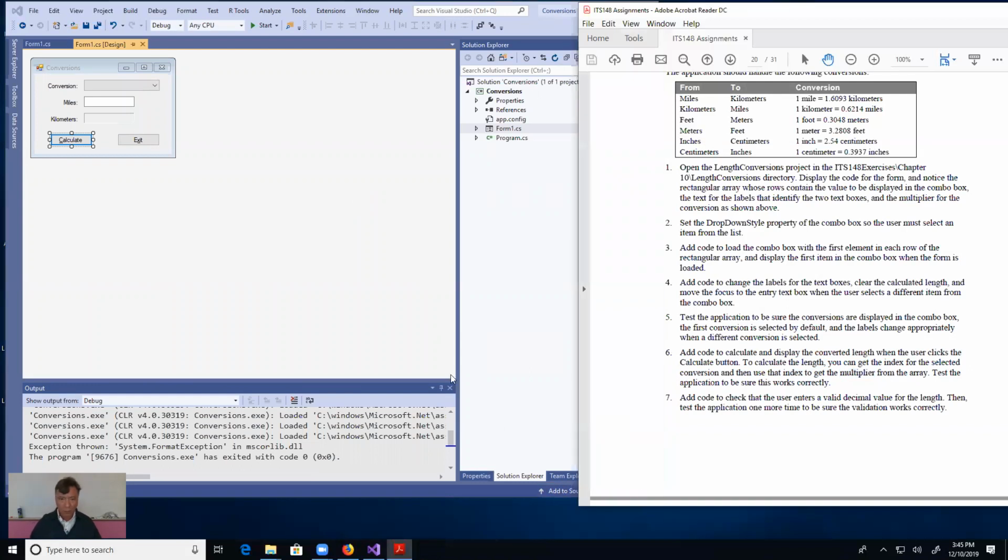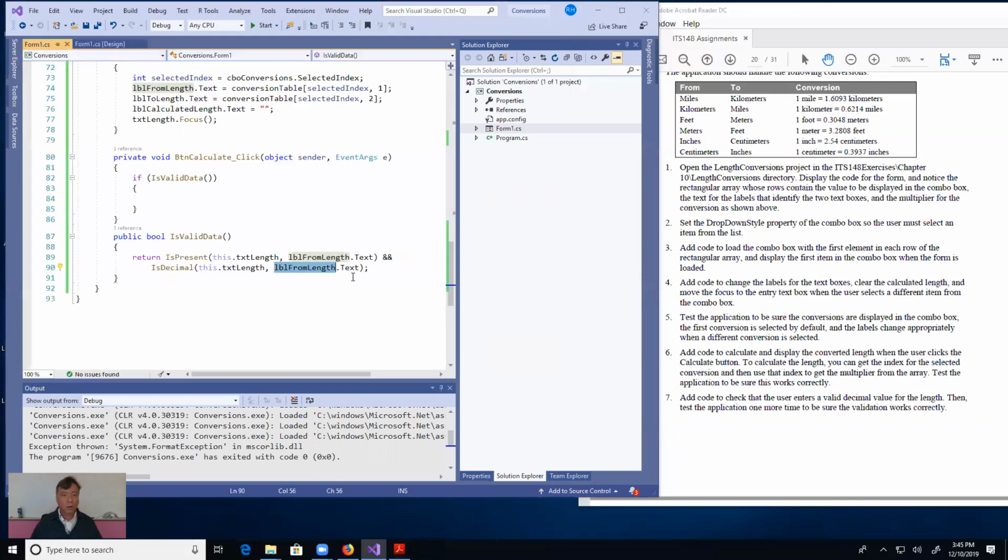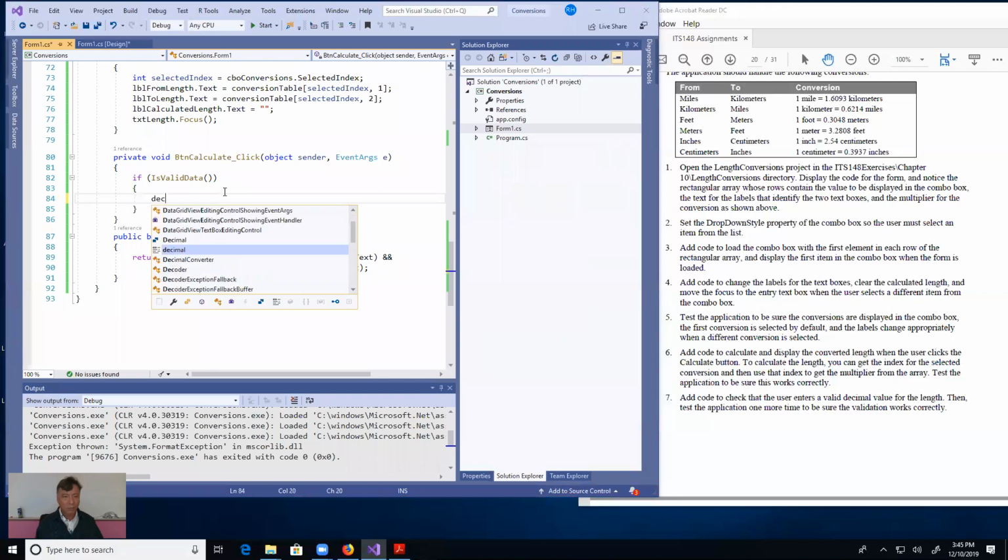Oh, we have more to do. We aren't done. Never mind. Okay, after we find out whether it's present, that's is validated. So now this works. Now if the data is valid, we're going to need to get that decimal number that was typed in there. So I'm going to declare a new variable called